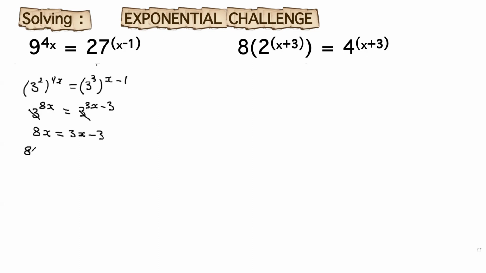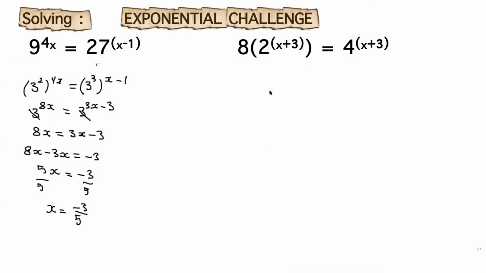And solving this, we'll have 8x minus 3x equals negative 3. 5x equals negative 3. And now divide both sides by 5. And our answer here will be x equals negative 3 over 5. Next equation,